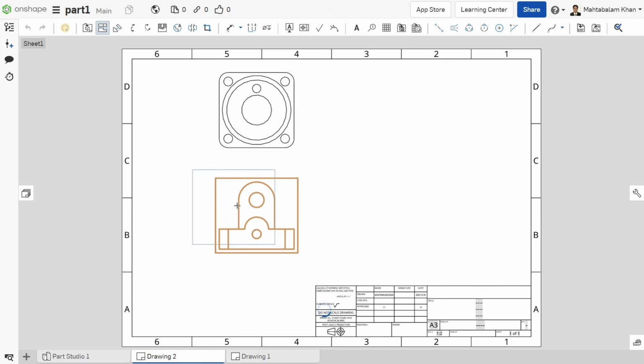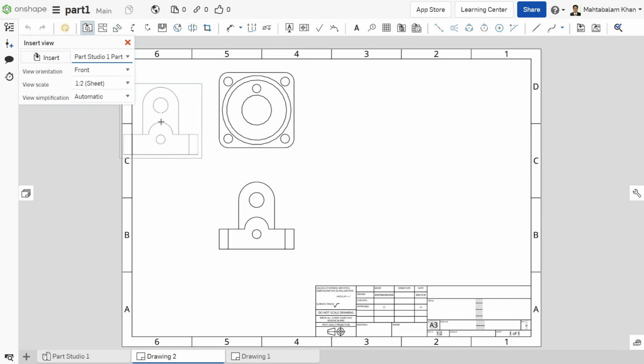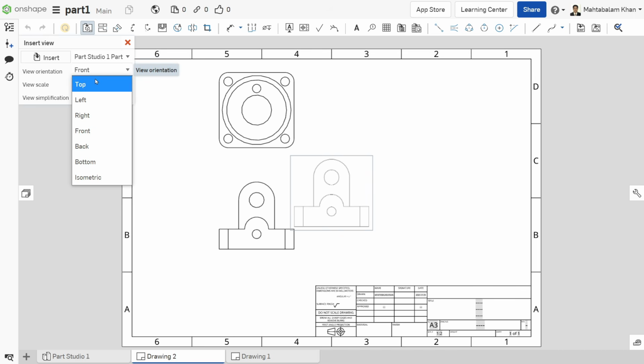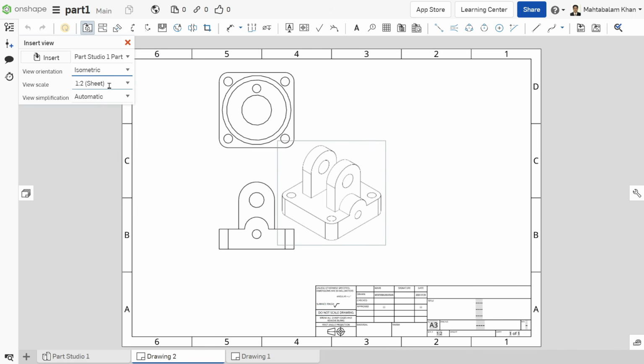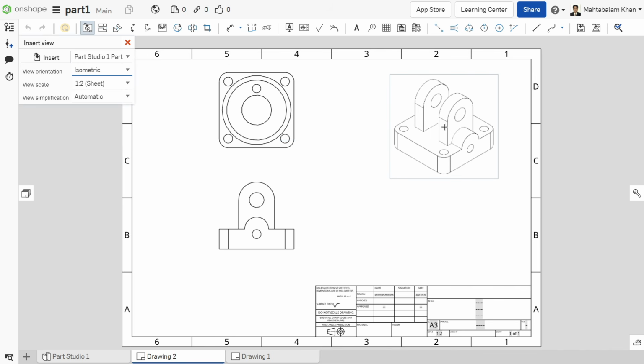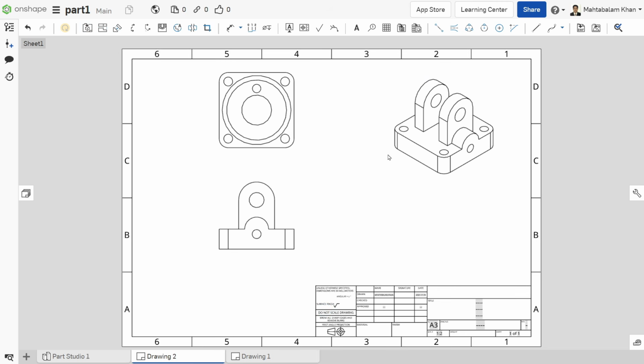Okay, let's make some more. Escape key, and here also click insert view, here isometric, see, and even though unit and everything you can change by yourself, so we will keep isometric. Click somewhere here, that's it.